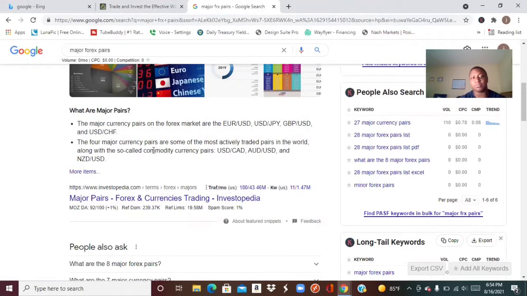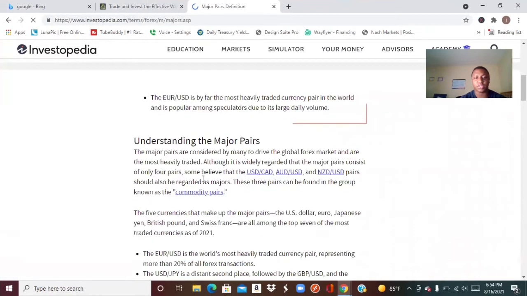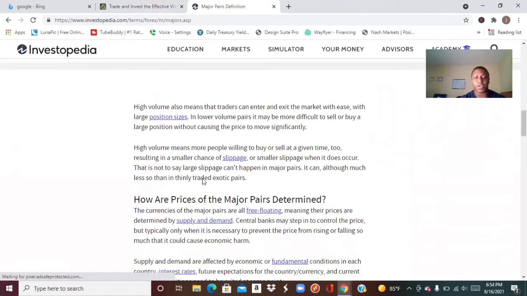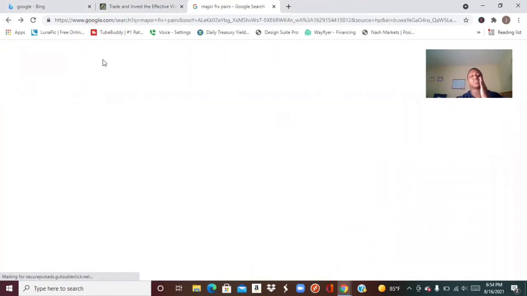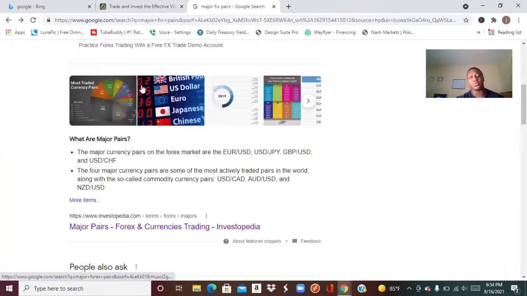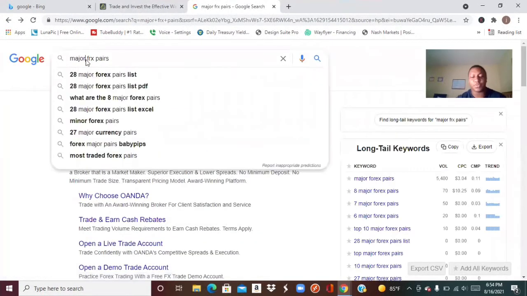Now, what are minors? Minors are pairs that are not these major pairs. They're smaller pairs, right? Now let's go ahead and actually Google and look that up. What are some minor pairs? You kind of want to know what these are, but one thing I'm gonna just recommend for y'all to do